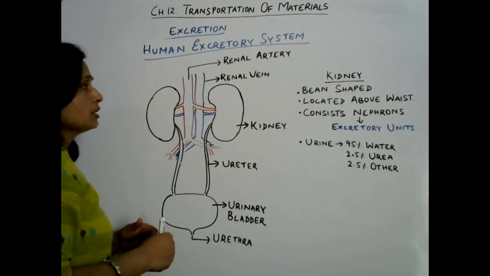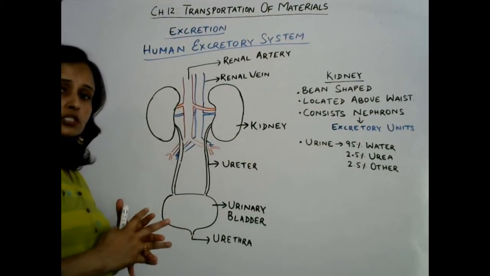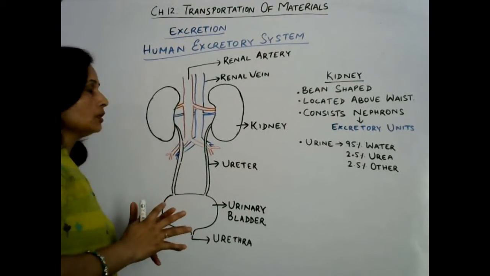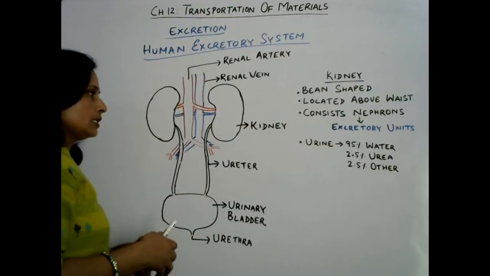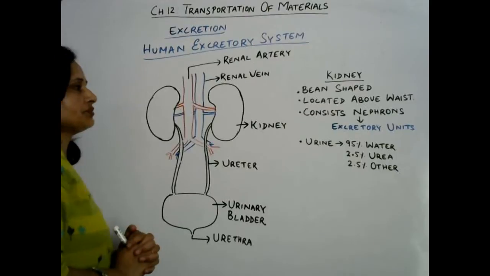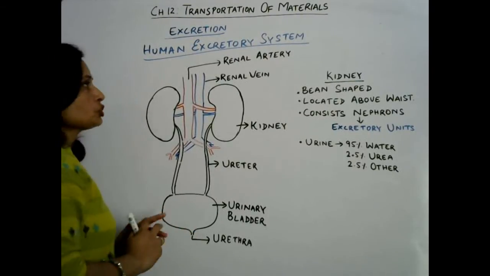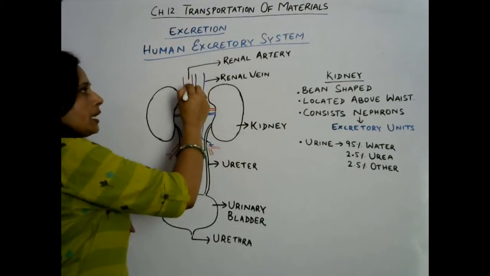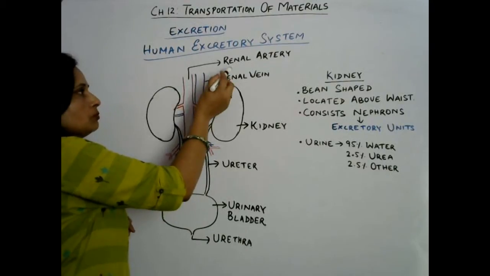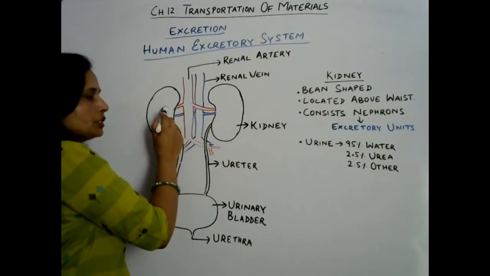So what happens in our body is that so many kinds of work are always going on, different kinds of reactions are taking place. Due to those chemical reactions in our cells, different activities of our cells, waste materials are produced as well. Those waste materials need to be removed from the body. Here the renal artery carries along with blood all the waste materials from all over the body. Then it supplies that to the left and right kidney.